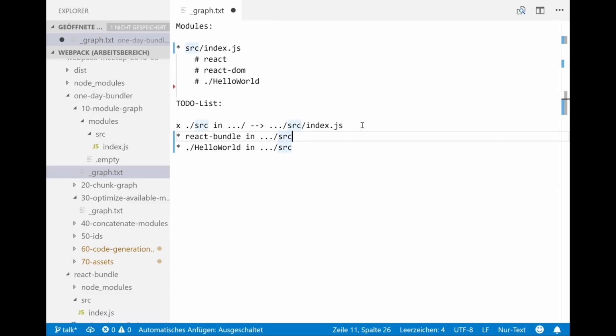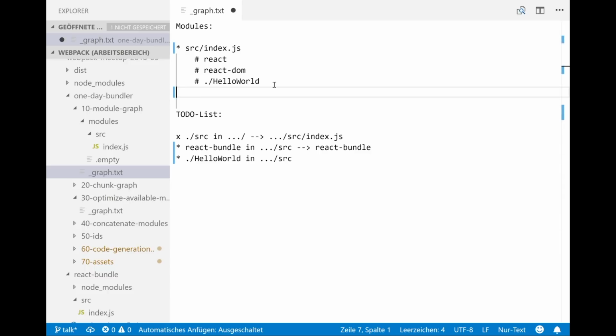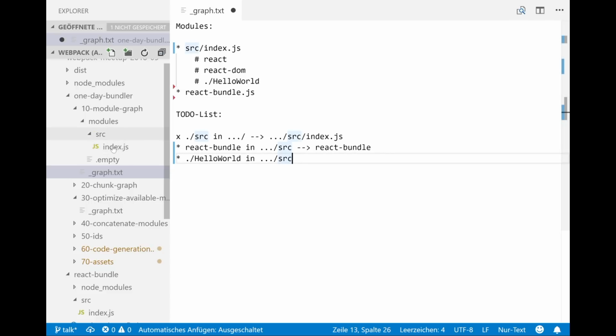We continue with the next one, resolve this to React bundle. We don't care about the right part. Same thing, we add react-bundle.js and parse it. We don't transpile it because it's excluded, but we copy it to our in-memory cache of modules, which is this folder here.